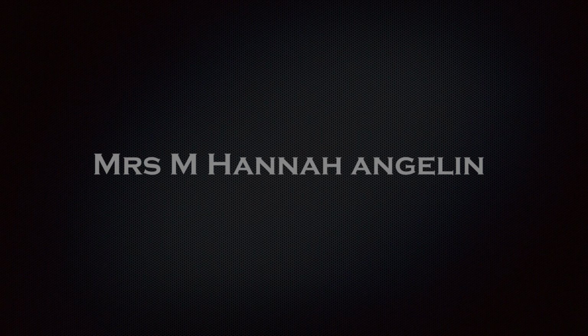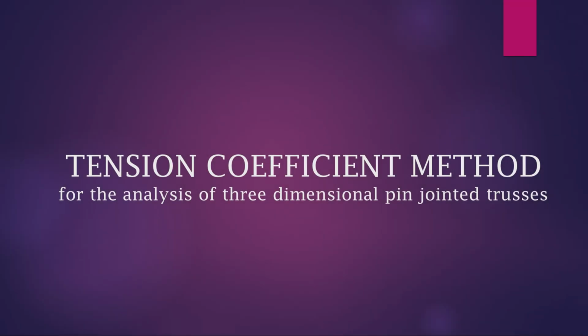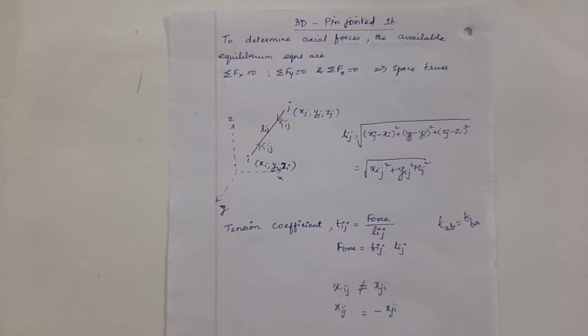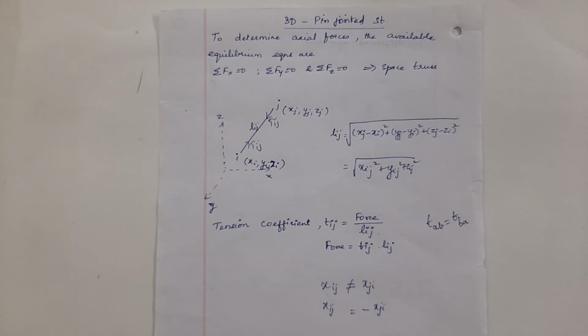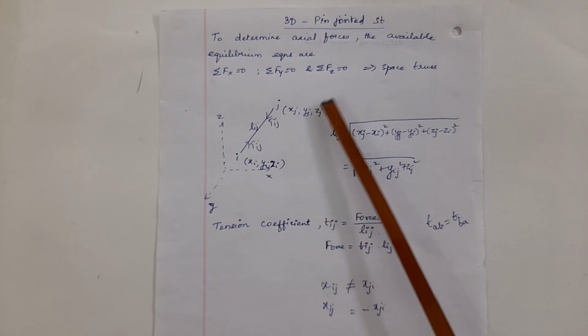In this video, we are going to discuss the analysis of three-dimensional pin-jointed structures by the method of tension coefficient. In my previous lecture, I discussed the analysis of two-dimensional pin-jointed structures by the method of tension coefficient. Here, in three-dimensional pin-jointed structures, we make use of equilibrium equations to analyze the structure to determine the axial